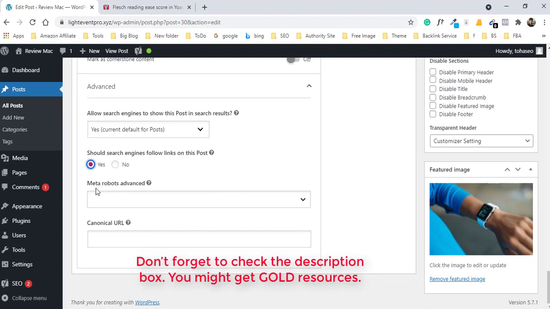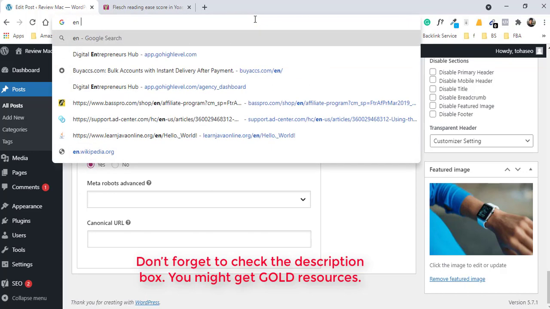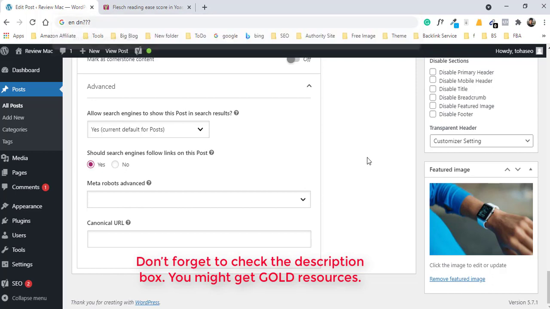Okay, and here you can also add meta robots and use a canonical URL. A canonical URL lets you tell the search engine what your main URL is, and it's very helpful for duplicate content. Sometimes our same post has different types of URLs, like after the URL we see en, fn or some sign, and then the search engine is confused about which is the correct URL or the main URL. So if you use a canonical URL, the search engine easily understands that this is your main URL.